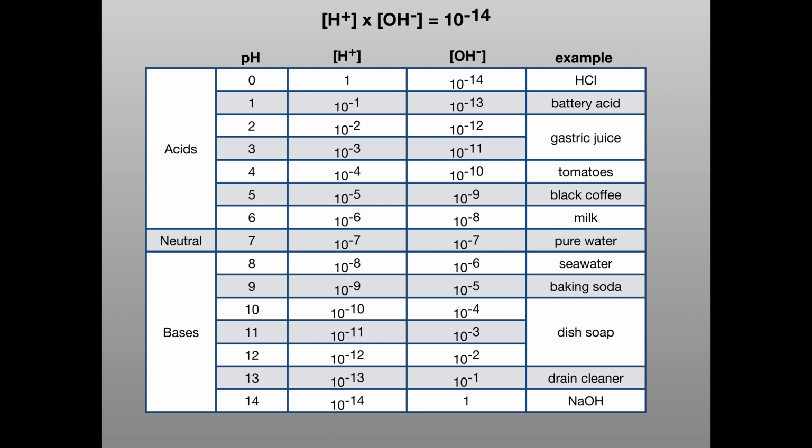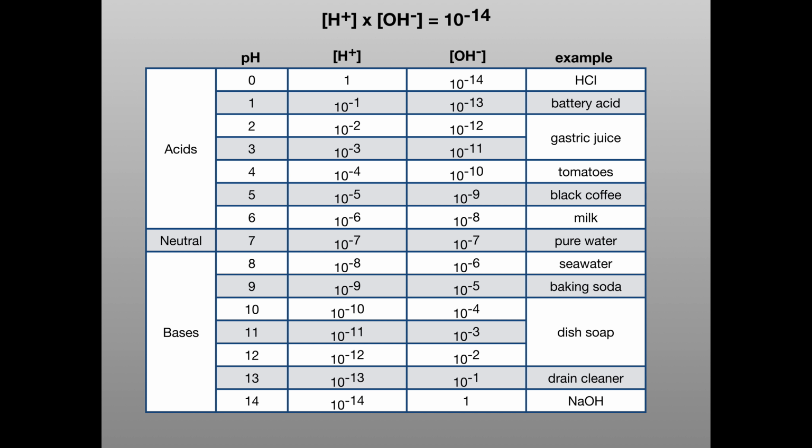Why? If you look at pH 8, 9, 10, 11, 12, 13, 14, the number of hydroxide ions is greater than the number of hydrogen ions. At neutral pH, the concentration of hydrogen ions is equal to the concentration of hydroxide ions. So again,